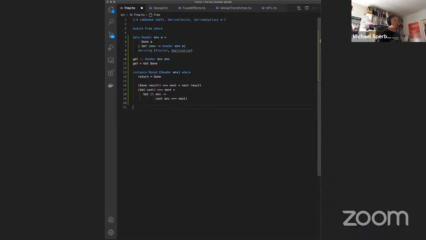And you realize that you're always following the same pattern, right? So you're always defining data types which have a done constructor, and you're always defining your operations where you provide a continuation as the argument of the appropriate constructor, right? And so you find yourself doing the same thing over and over again. And so you could reasonably ask, well, can I abstract over this pattern? Can I abstract over the readerness of this particular monad,